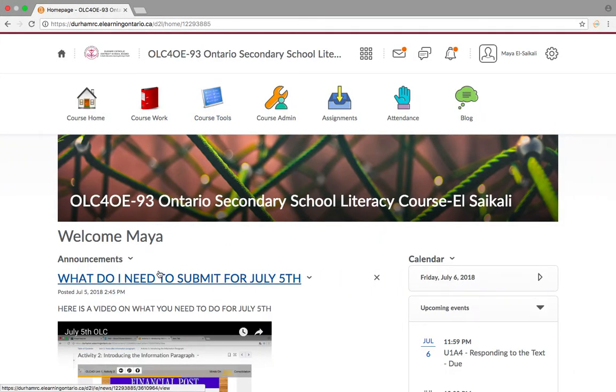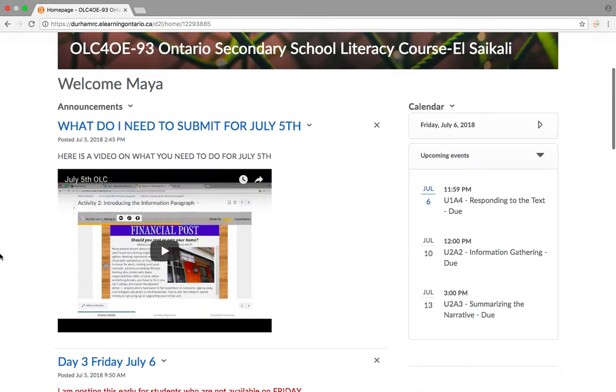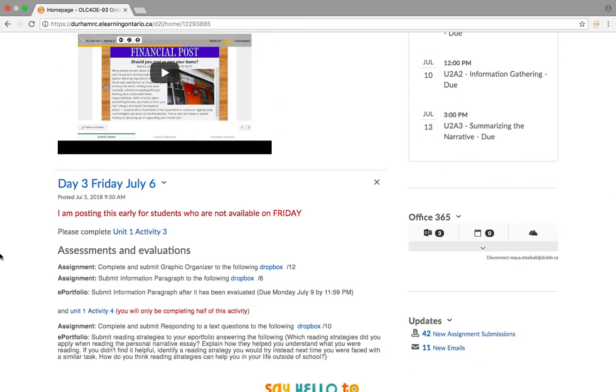Good morning. So for today, July 6th, we are going to be working on the following. There's two activities that you're going to work on, Unit 1 Activity 3 and Unit 1 Activity 4. Unit 1 Activity 3, so if you press on